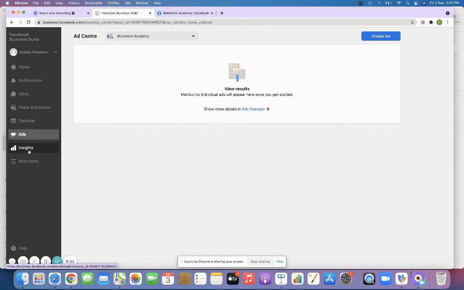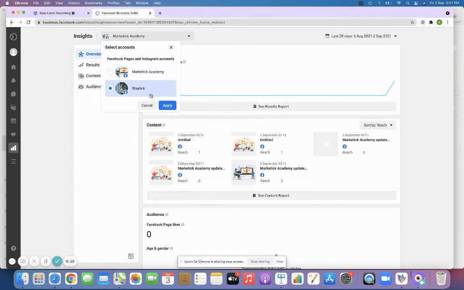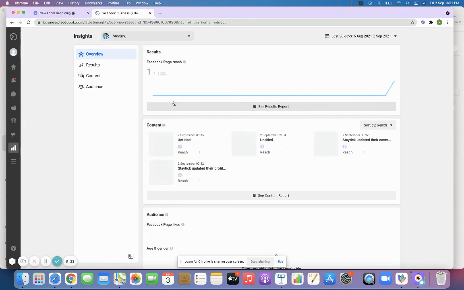And then we have something called insights. Insights is nothing but the entire analysis report of your Facebook page. Suppose I'm selecting the other page, I'll be able to see what activities are going on, like how many people have liked, in which demographics people are coming in. Based on that, you'll be able to target campaigns much better.